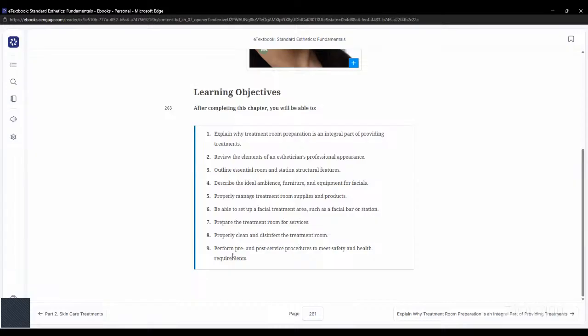Perform pre and post procedures to meet safety and health requirements. That goes right along with infection control. Half of prepping this treatment room is infection control. The pre, of course, includes our analysis and consultation. And then we get into building our treatment room, how we set up everything. And the post is us cleaning up everything, replacing everything,